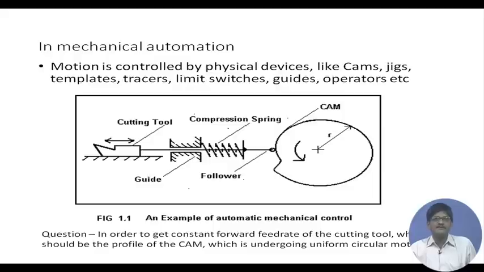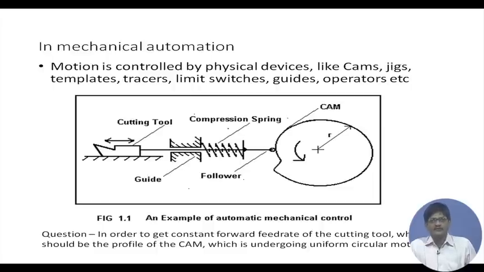A cam is a device. In this case, we have shown a disc like cam, which has a profile on its periphery, which deviates from a circle. So, if it is rotating, it will move anything in connection with it radially outwards. Here we have something called the follower, which is pressed against the cam with the help of a compression spring, and when the cam moves in a uniform circular motion in a counterclockwise direction, it will tend to push the follower, and then